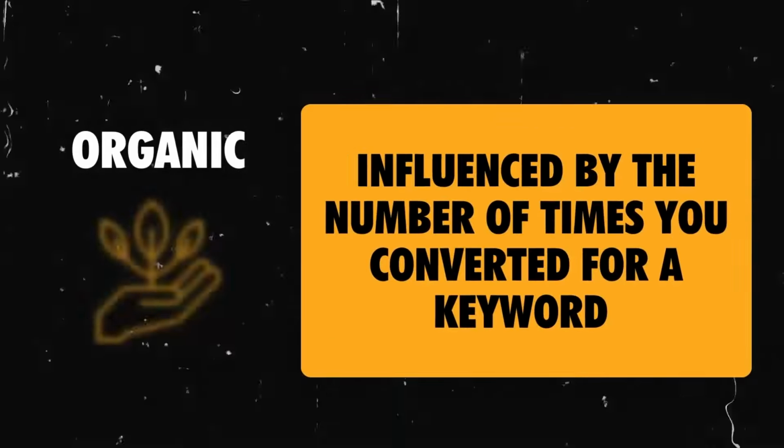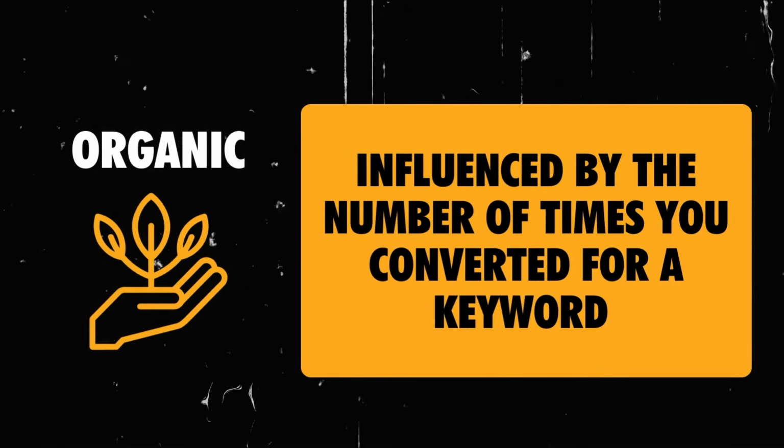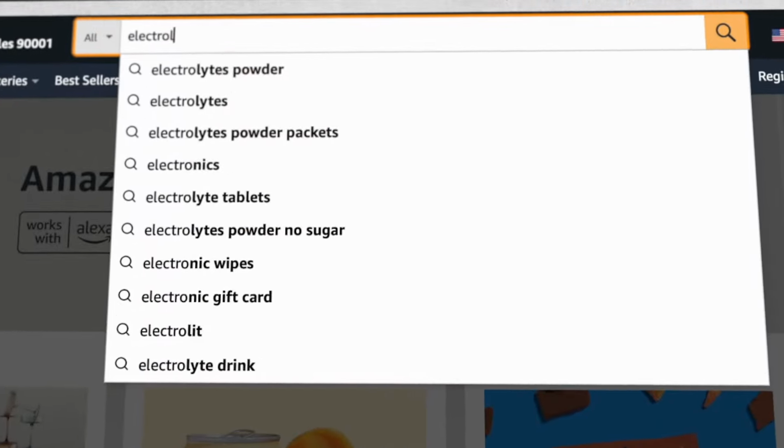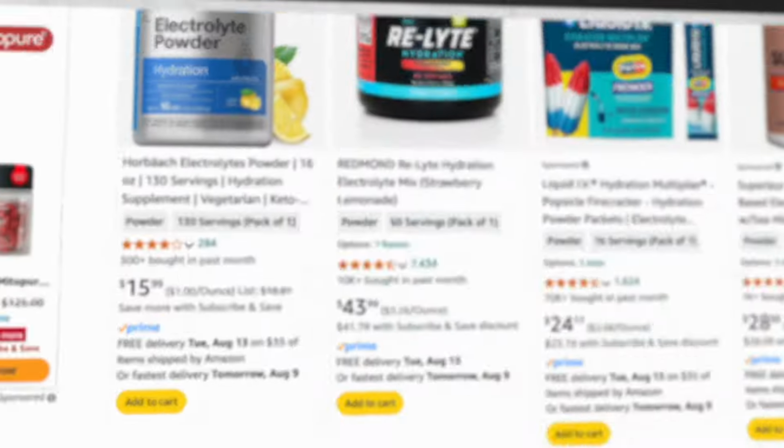Organic is simple. Organic is fully influenced by how many times you convert for a keyword. So there was this thing called search, find, buy back in the day. Now it's against terms of service, but you could get people to search a keyword like electrolyte powder, scroll, find my product, click and buy it. And then that triggers on Amazon says this product converted for that keyword. If I get, let's say, 15 conversions a day for that keyword, Amazon says, wow, this person is converting so well for that keyword. Increase their organic rank, because it means when we do, they're going to convert even more, and Amazon wants more sales, right? They make more money. We figured that out, but they banned that, so you can't do that anymore.